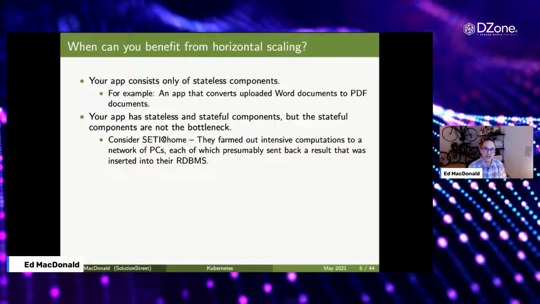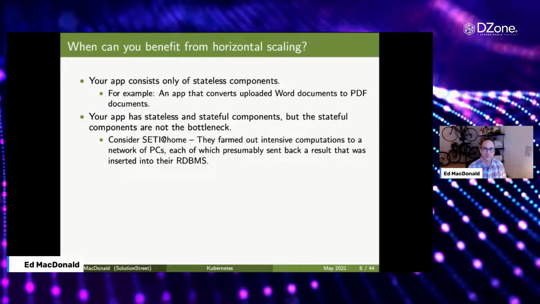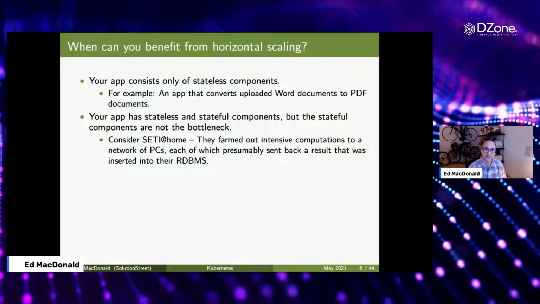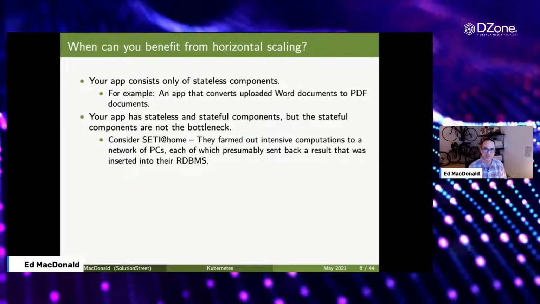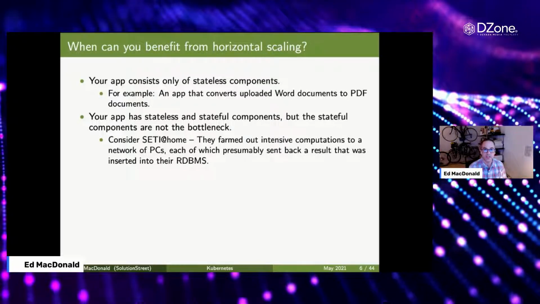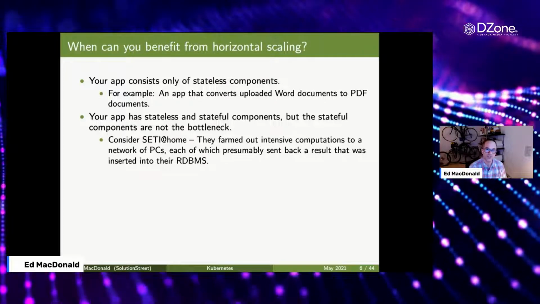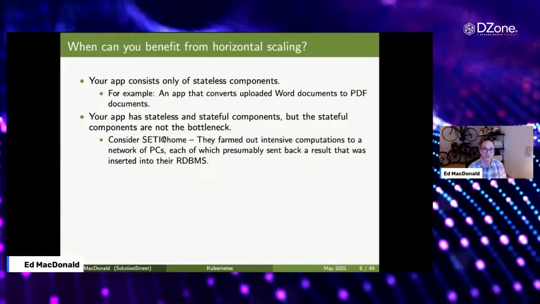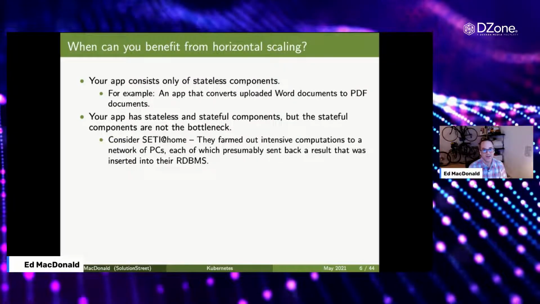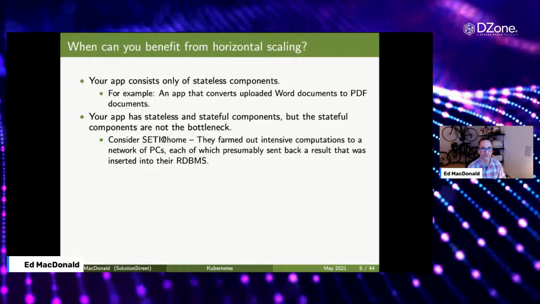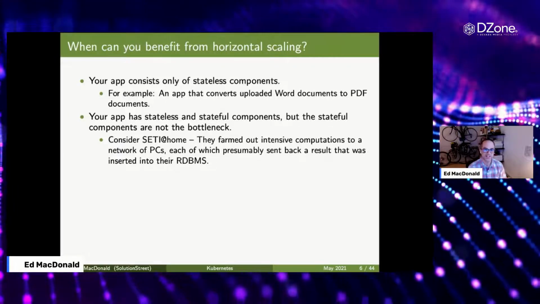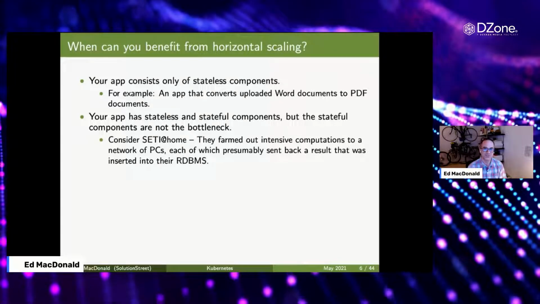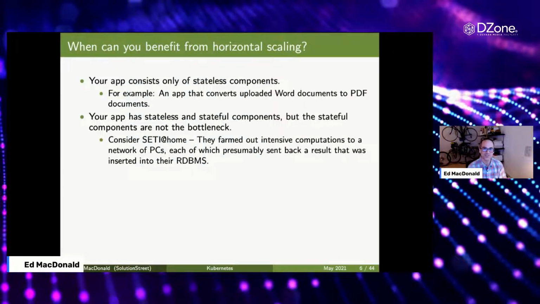So I don't know if any of you are old enough to remember this, but they had created a screensaver that you could install on your PC, and they would distribute computations to that screensaver. So while your screensaver was running, you were processing radio signals sent to you by SETI, and that was the bottleneck. Processing those radio signals was an expensive computation. I'm guessing, I don't know that this is true, but it certainly serves for my example here. I'm guessing that when the computation was finished, you sent a request back to them containing the result,